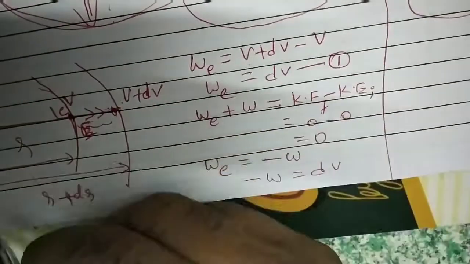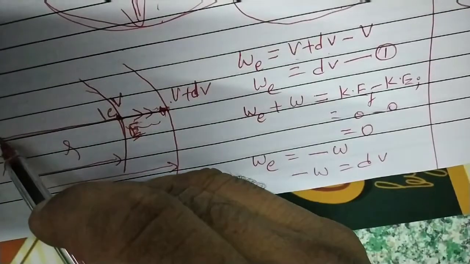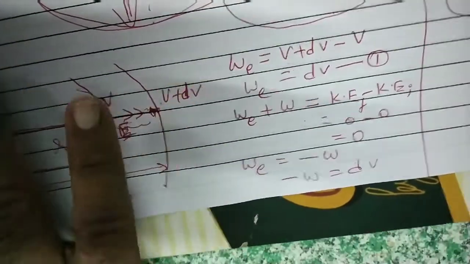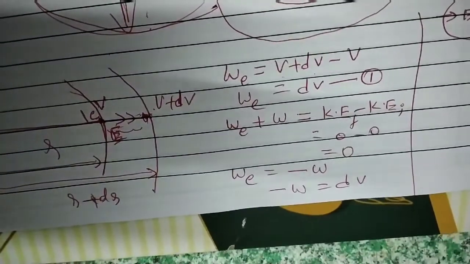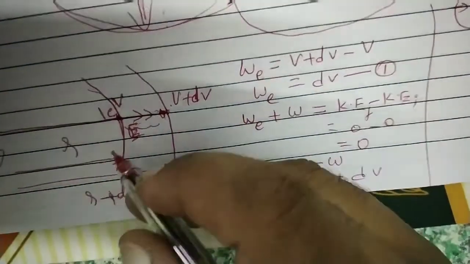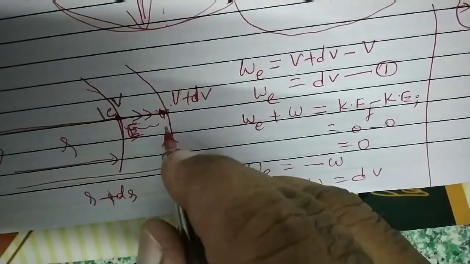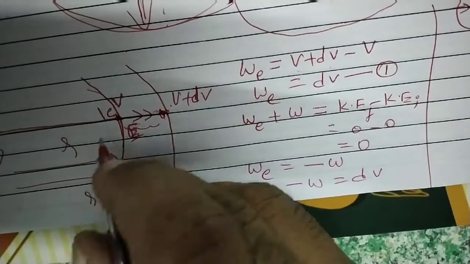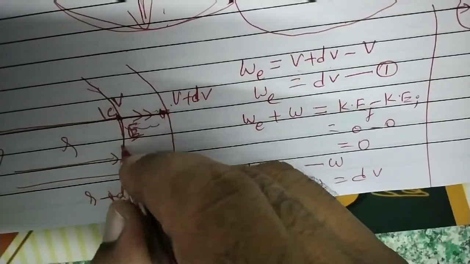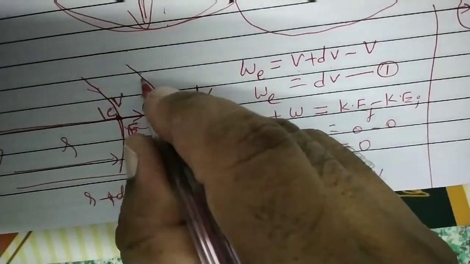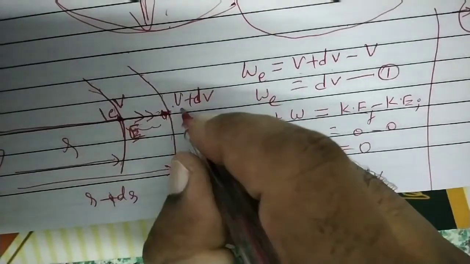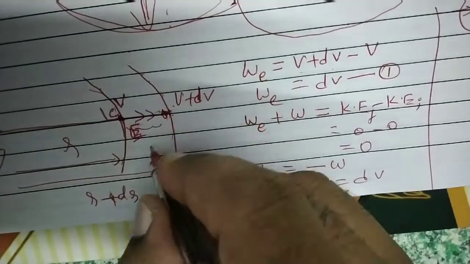So how did we derive it? First of all, I have taken one point charge Q, and that point charge will establish an electric field around it, we know. And in that electric field, equipotential surfaces are there, spherical surfaces. Just now I told you the equipotential surfaces will be spheres. So with radius R, one equipotential surface I have shown. With radius R plus dr, one more equipotential surface I have shown. At this surface, the potential at every point I imagine as V. At this surface, at every point the potential is V plus dV. And between them the distance is dr.